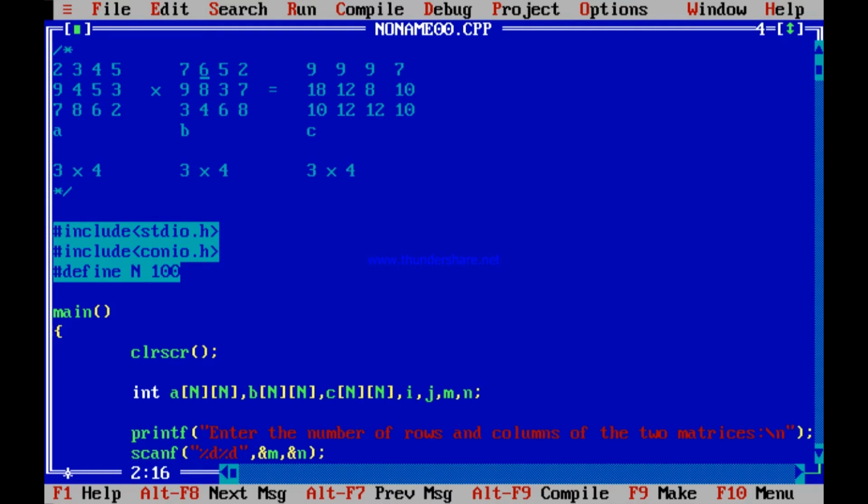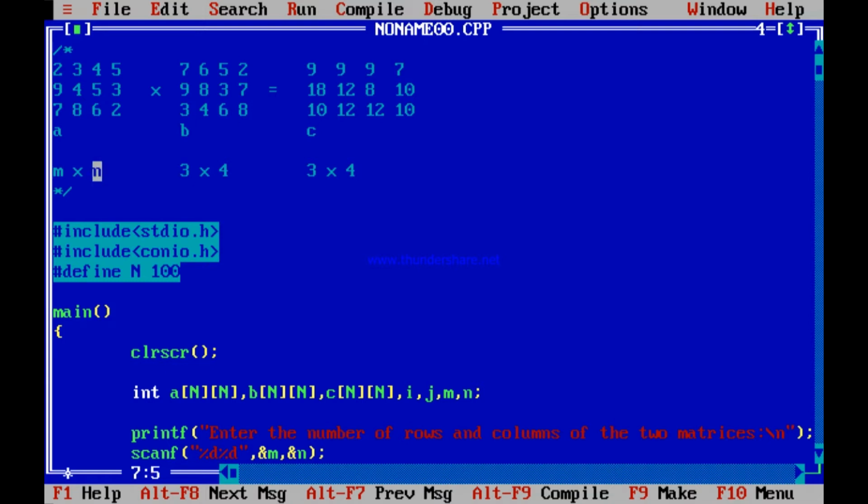First and foremost, multiplication of these two matrices A and B is not possible because of the dimension. I repeat, here A and B's dimensions do not allow multiplication of A and B. It says that if two 2D arrays, or two matrices, have to be multiplied with one another, and one matrix size is m cross n, then have a look at this n, that is the number of columns.